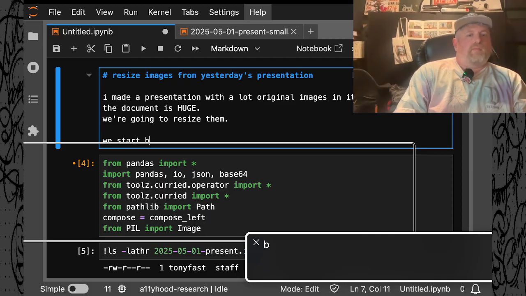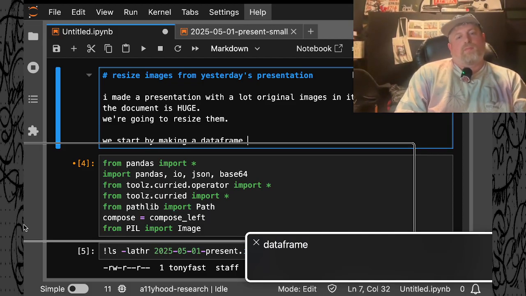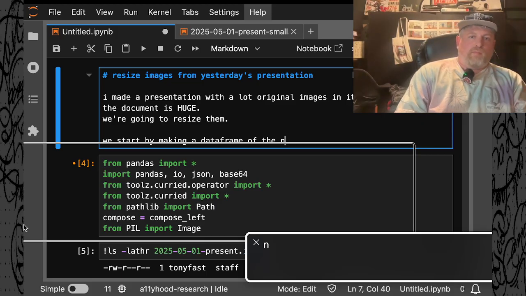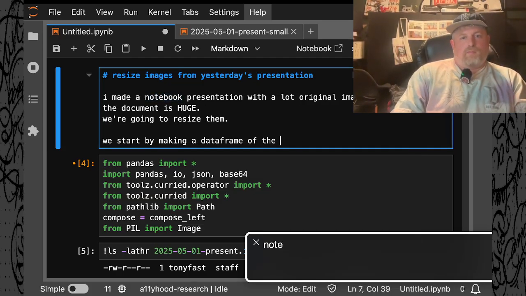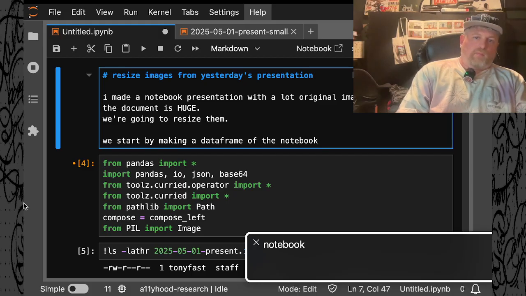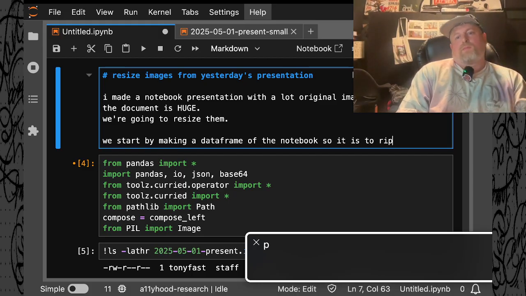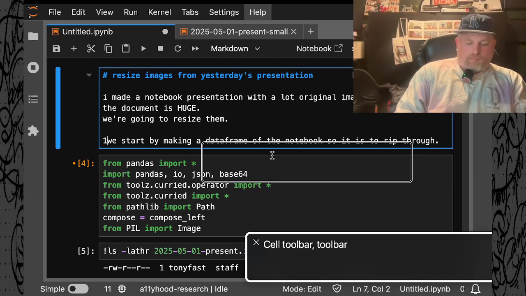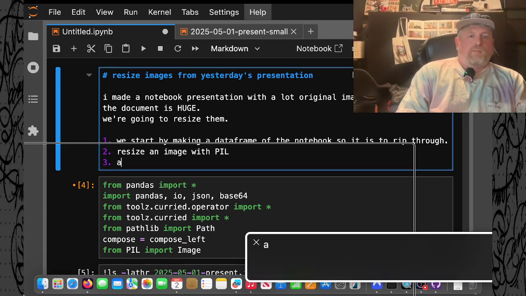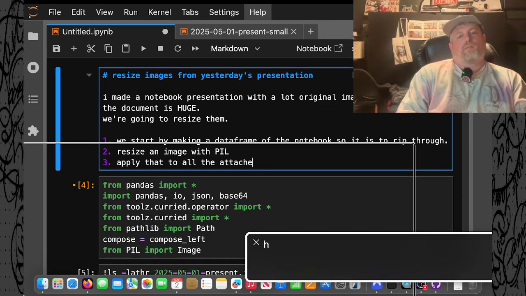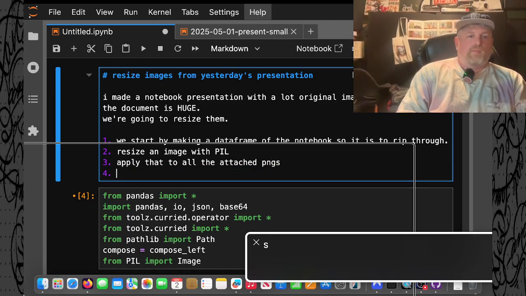Object repeat start by I d data the n o t node span okay notebook copy notebook node paste notebook so it is to r I p rip a u h period cell toolbar edit text number resize images from yes resize I am a I'm a image with p I l p I p p l t that t t s a m t t n m d p n s p n g s e p e replay r c t a new e b o k notebook